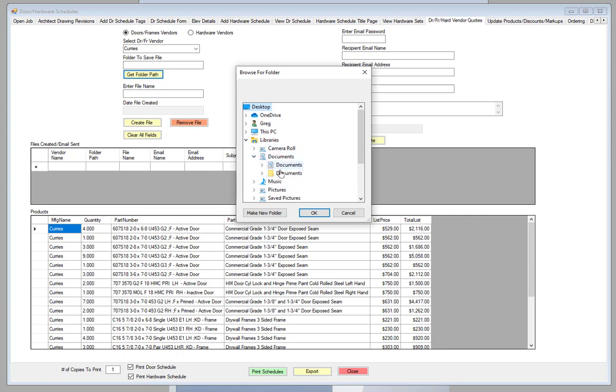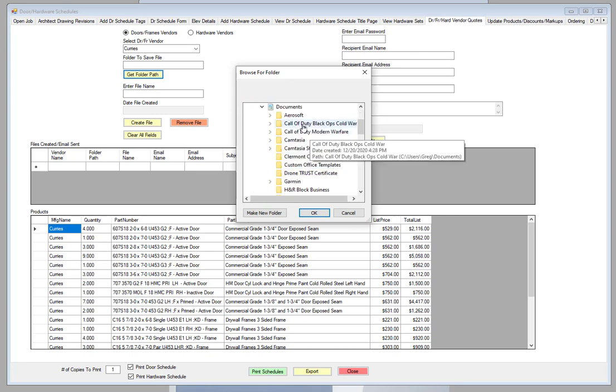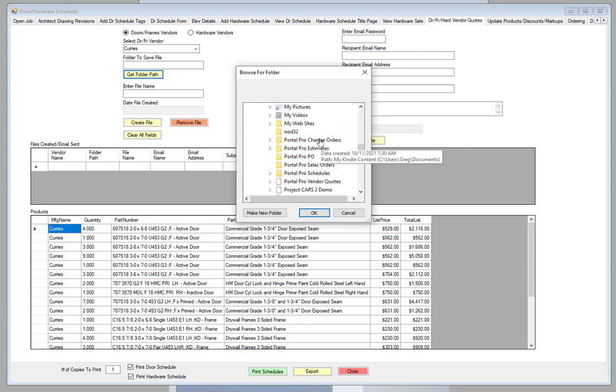And if you're doing this to your My Documents folder, make sure you select the top one and not this bottom one, the other one. We'll select that. And I do have a folder here, Portal Pro Vendor Quotes. But I want to create a new folder. I want to show you how this works. I'm going to go ahead and select Documents, click on that Documents